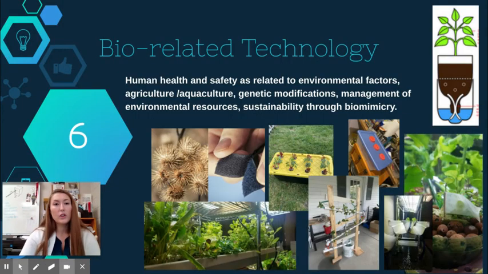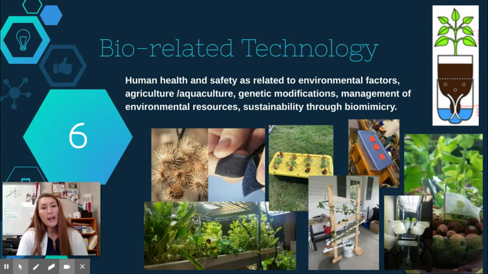The next unit of instruction is biorelated technology. In this unit, students learn how to analyze human health and safety related to environmental factors. We look at agriculture and aquaculture, and we look at the technologies that are shaping those sectors. We look at genetic modification, management of environmental resources, and also sustainability through biomimicry, which is the mimicking of nature